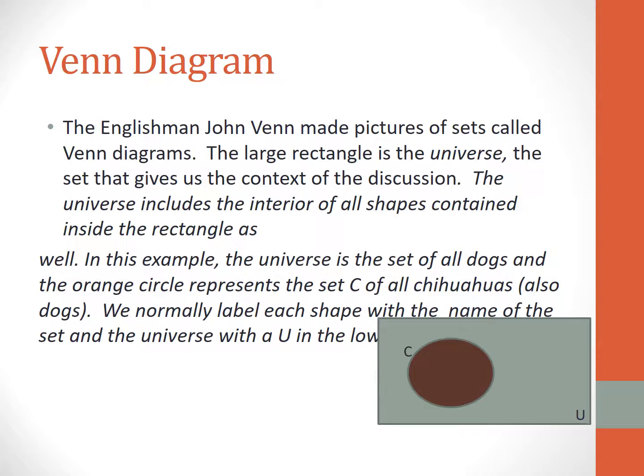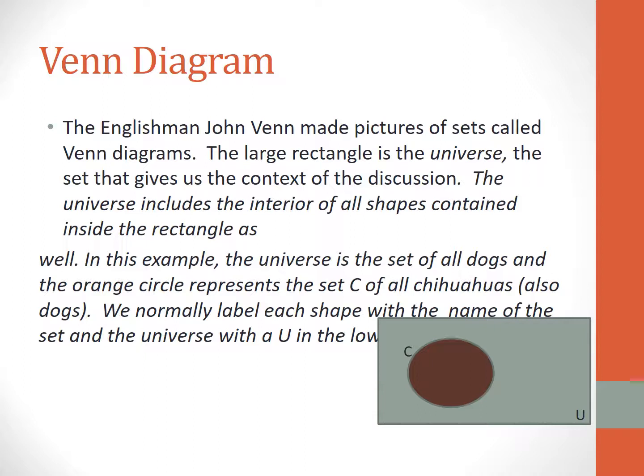So for example, if I were talking about different kinds of numbers, maybe all the real numbers would be the rectangle, or what I've put here on this page is I could have the universe as the set of all dogs, and that circle, which used to be orange and now looks kind of dark brown,